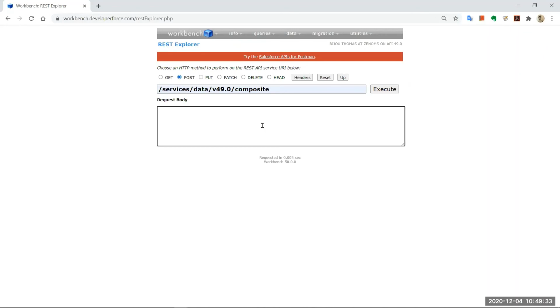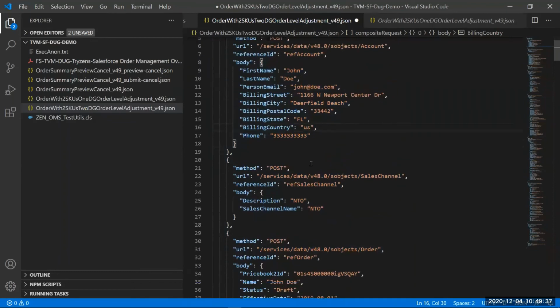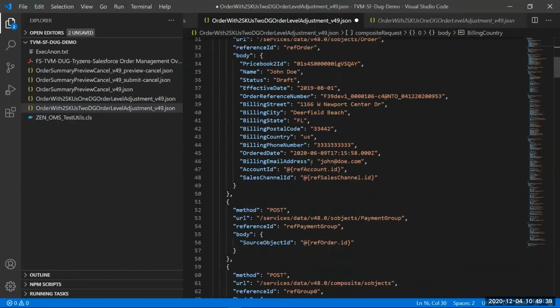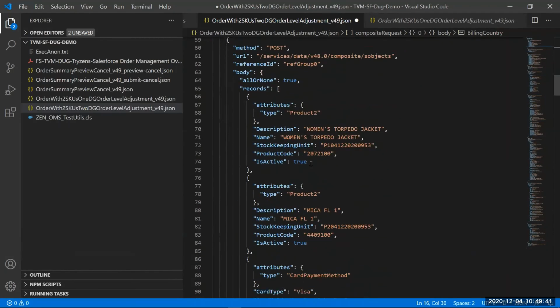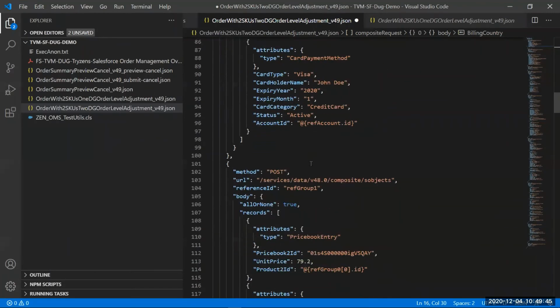So I'm just going to post a payload. If you see over here, I'm creating the account, I'm creating the sales channel, I'm creating the order, specific object specific to order capture. The product also is being created, right? While I create this thing right now, but in the B2C order integration, one of the key things that you